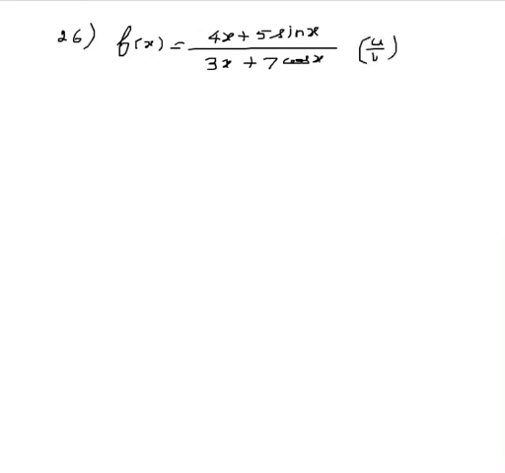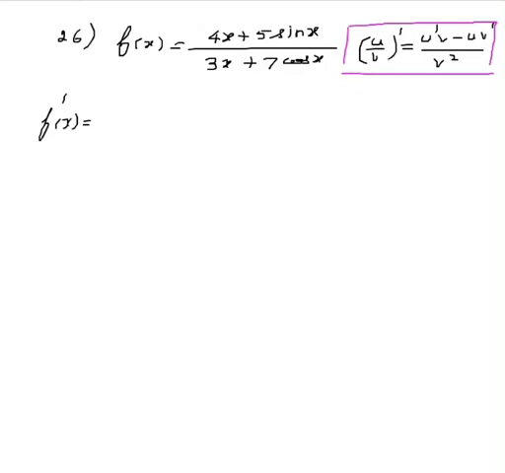Question 26. f of x is 4x plus 5 sin x divided by 3x plus 7 cos x. Quotient rule, u by v the whole dashed. Therefore f dashed of x is equal to